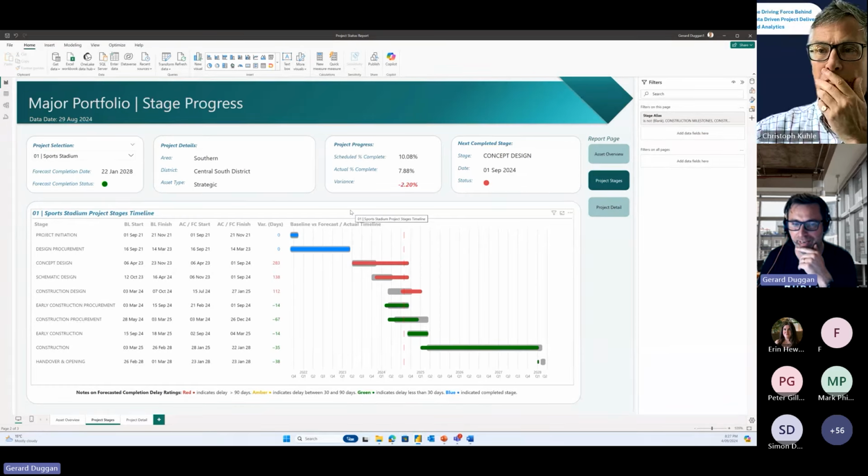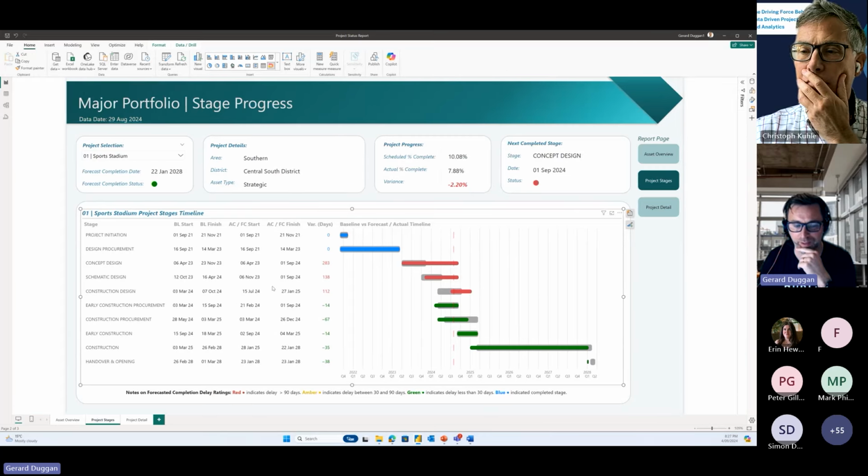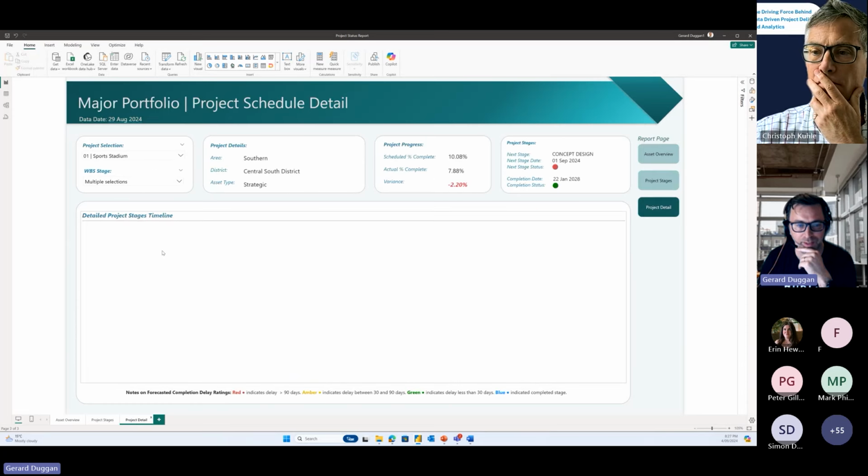It's only in very specific circumstances where a client says, I need to see a Gantt chart or something like that, then we might go away and produce something like this, a bit more bespoke. And again, if we wanted then to look at it at an even more detailed stage,